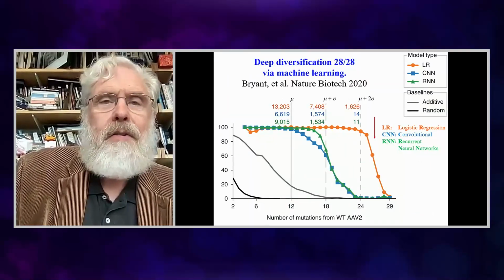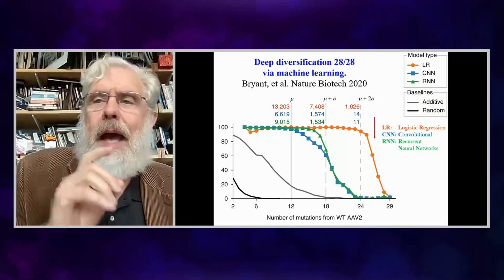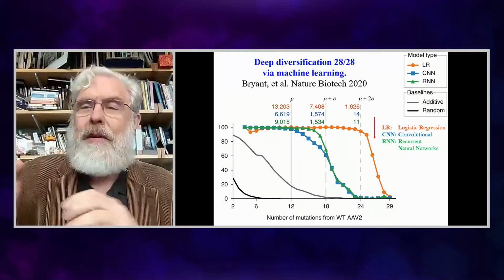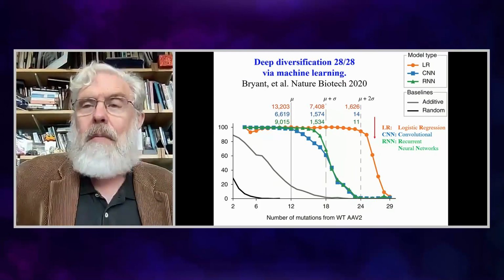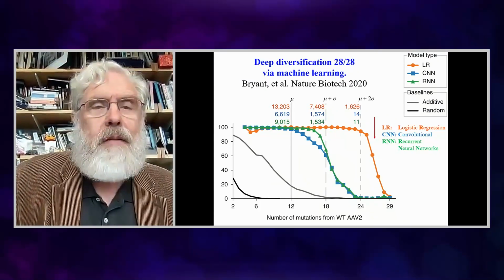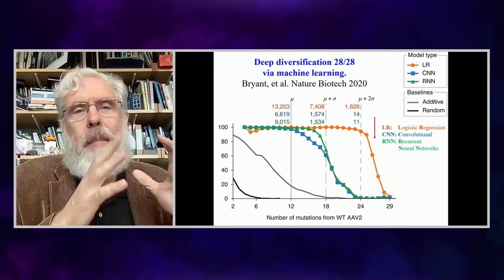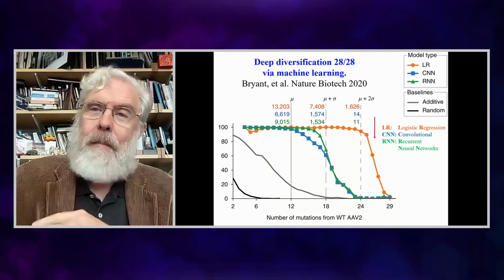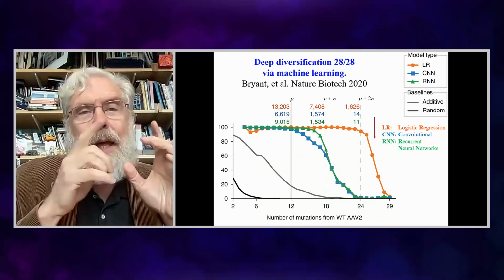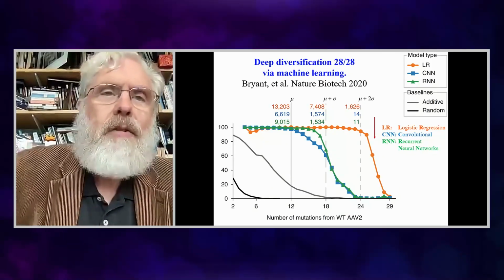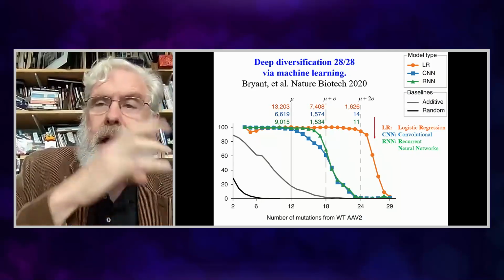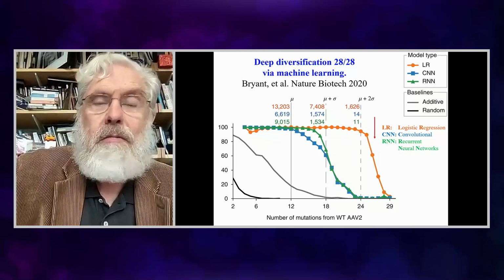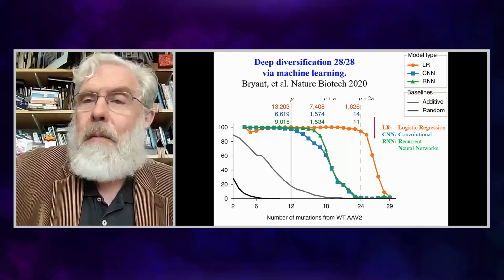And the final slide in this series is showing how we can, that was just changing systematically every possible position in the viral capsid. It's a long protein polymer that folds up and makes a delivery vehicle. But what if we wanted to change a lot of them at once, rather than one at a time, systematically changing 28 at once? And so we took a key 28 on the surface in a key part of the capsid and asked what we can do.